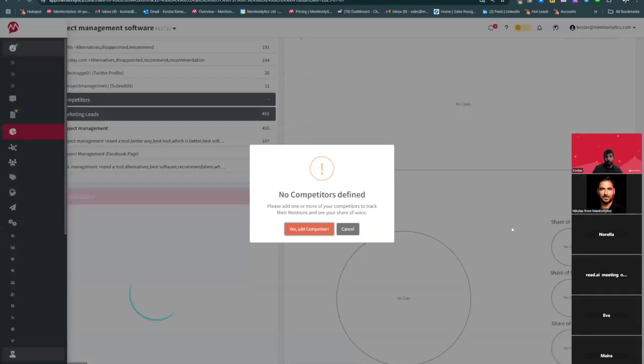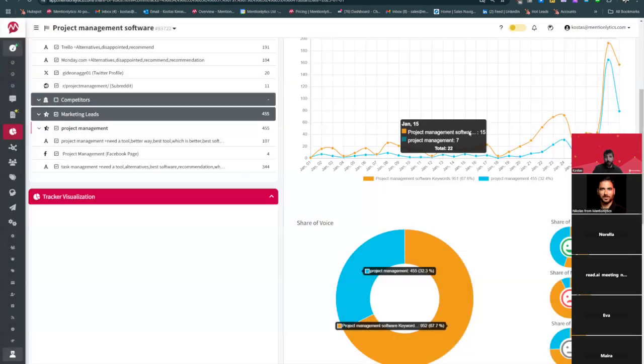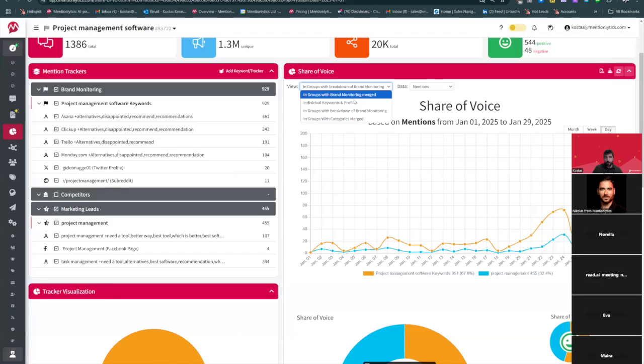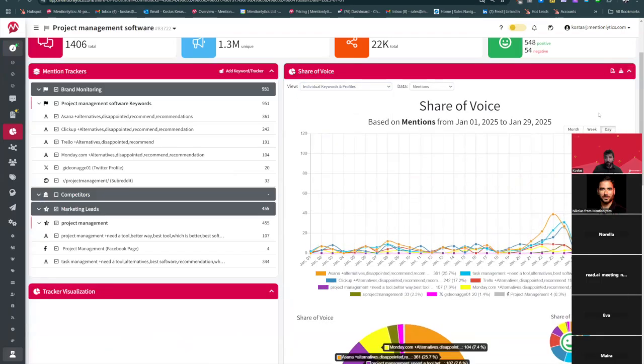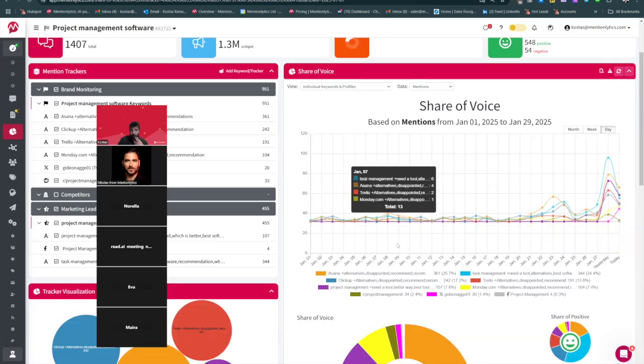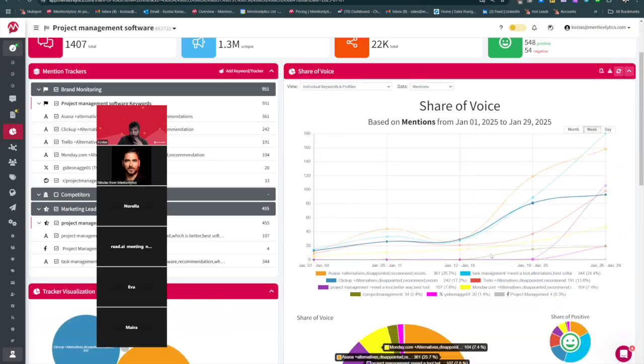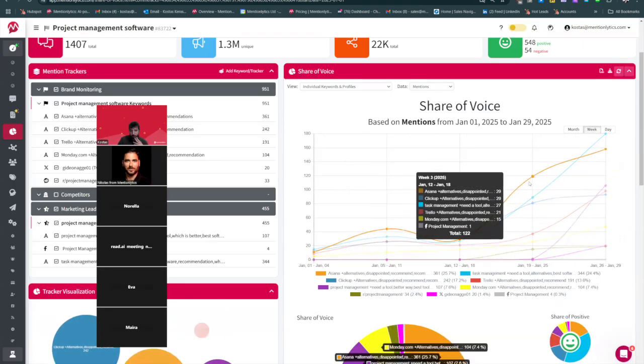I can go to the share of voice and see how my different keywords are doing. I can also see how often people are searching for different keywords. Let's make it a bit more granular, by week. You can see, for Asana for example, most people are looking for Asana alternatives, and then people are looking for task management or ClickUp.